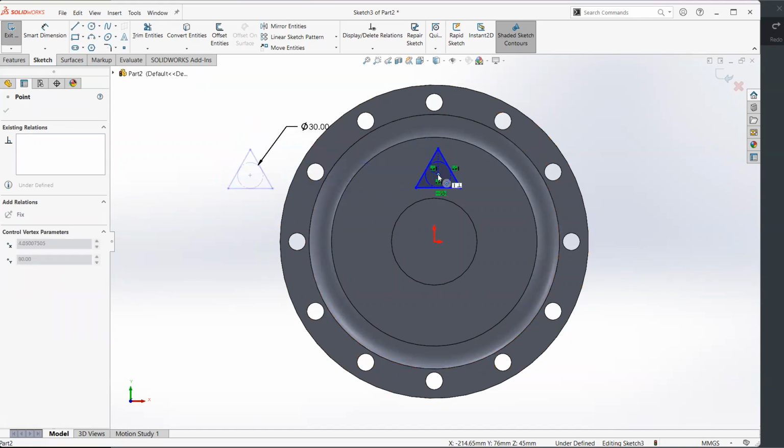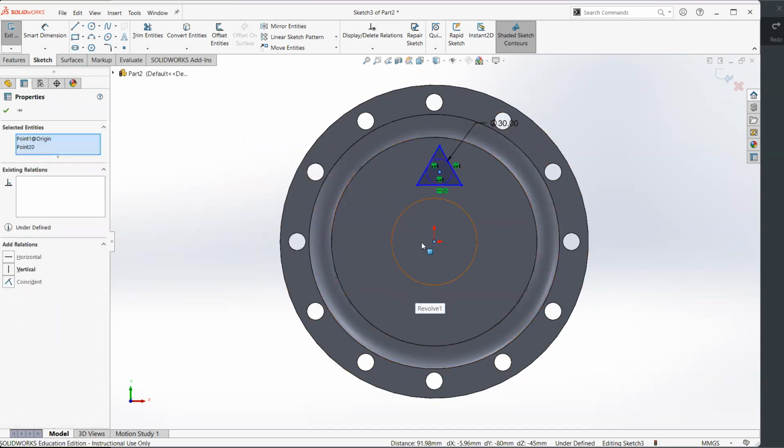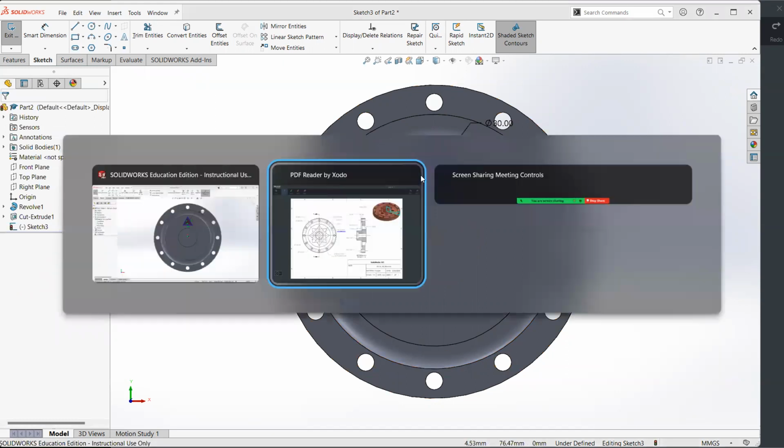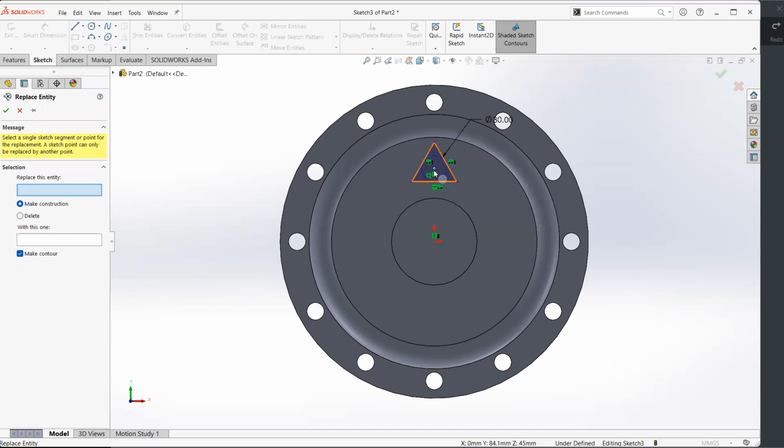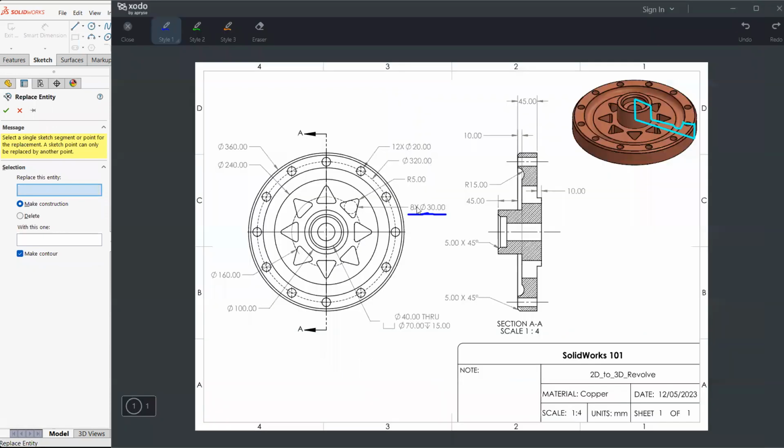So we will do a similar thing to what we did with the circle. So we want it to be vertical to the origin, so selecting both of them while holding Control and choosing the vertical add relation option. And then again, it moves only up and down. What we are left with was its height. So we could use this circle again,